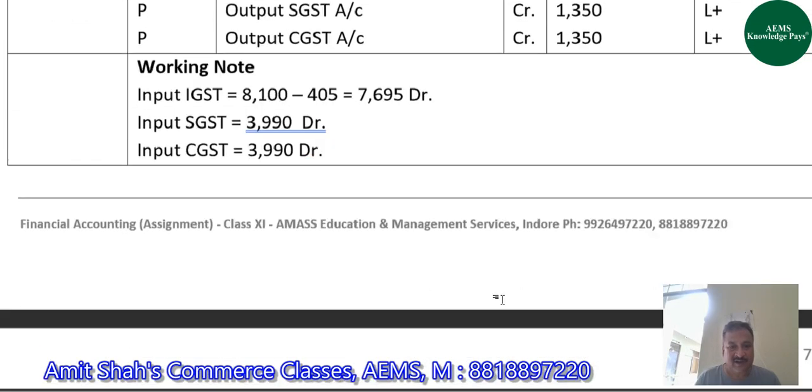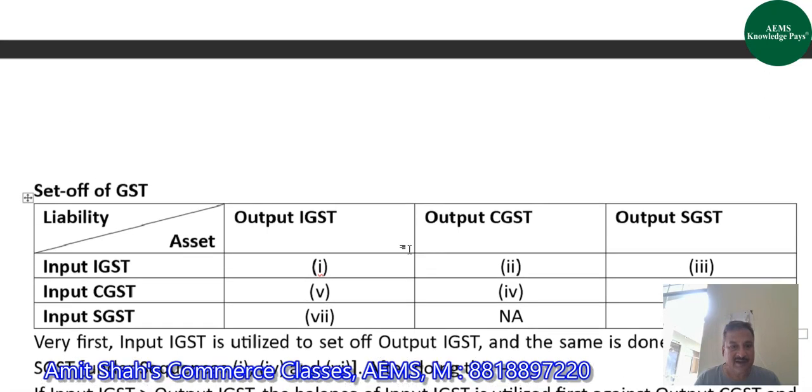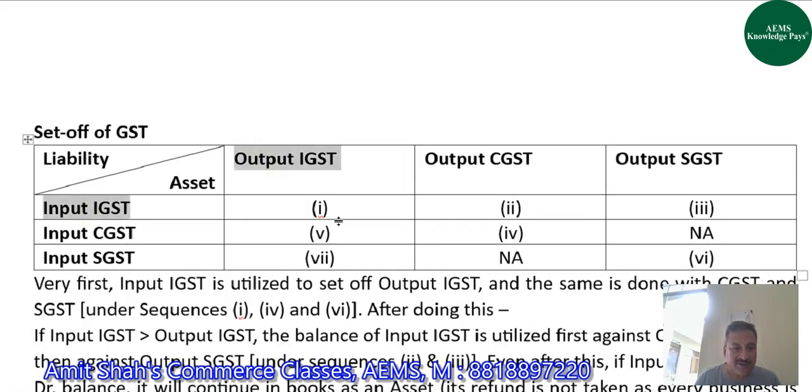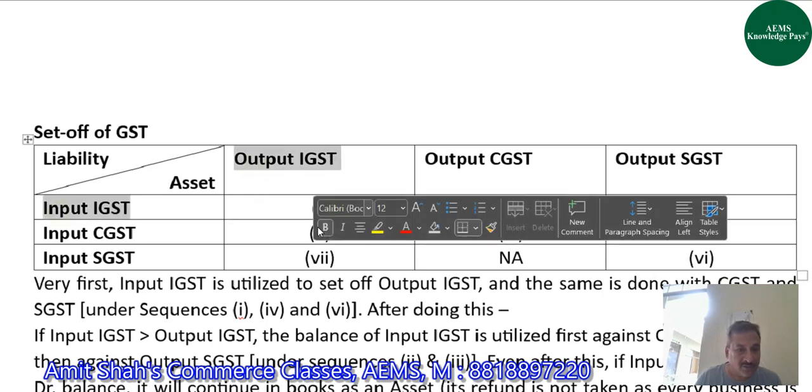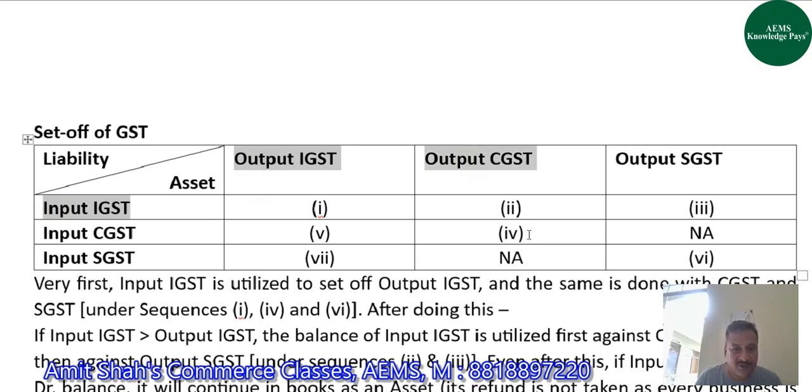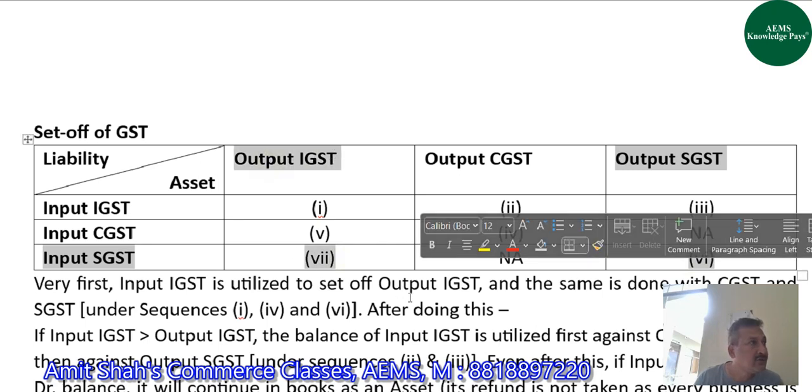राइट? कल हमने सीक्वेंस देखा था, अगर आपको ध्यान हो तो। कल सीक्वेंस बताया था मैंने आप लोगों को कि इनपुट आईजीएसटी को पहले हम आउटपुट आईजीएसटी से एडजस्ट करते हैं। अगर इनपुट आईजीएसटी का तो भी बैलेंस बच जाएगा जो हमारे इस एग्जाम्पल में नहीं बचा, राइट? अगर बच जाता तो फिर हम ये ऑप्शंस 2 3 करते। पर यहाँ पे क्या हुआ है हमारे एग्जाम्पल में कि आउटपुट आईजीएसटी ज्यादा था, इनपुट आईजीएसटी कम था। तो अब इसकी कमी को पूरा करने के लिए इनपुट सीजीएसटी आएगा, पहले आउटपुट सीजीएसटी को एडजस्ट करेगा। उसके बाद अगर इनपुट सीजीएसटी का बैलेंस बचता है तो आउटपुट आईजीएसटी को एडजस्ट करेगा। हमारे इस एग्जाम्पल में बैलेंस बच रहा था। सेम ऐसे ही इनपुट एसजीएसटी पहले आउटपुट एसजीएसटी को सेट ऑफ करेगा, उसके बाद अगर इनपुट एसजीएसटी का बैलेंस बचता है तो आउटपुट आईजीएसटी को एडजस्ट करेगा।